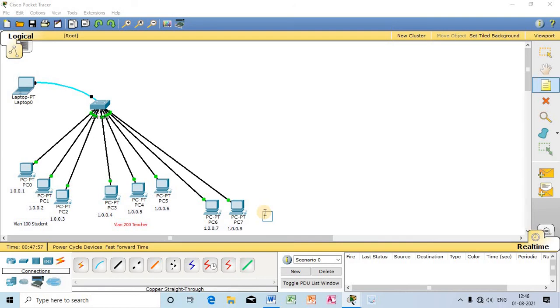If the VLANs are separated, then the computers are also separated in different broadcast domains. So they are not going to communicate until I use a layer 3 switch or a router to create a communication among them.